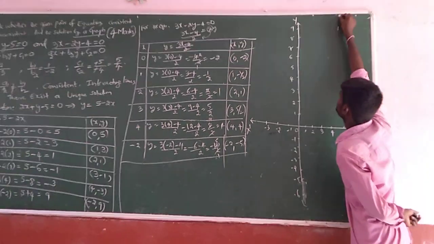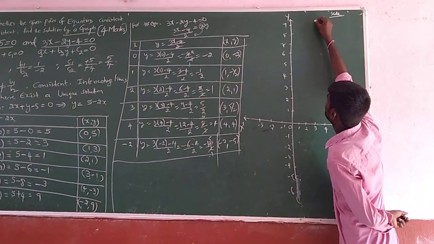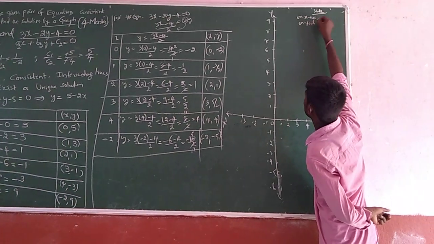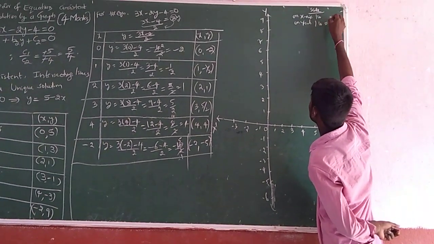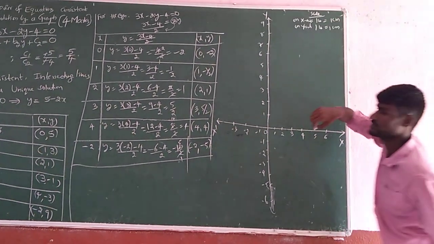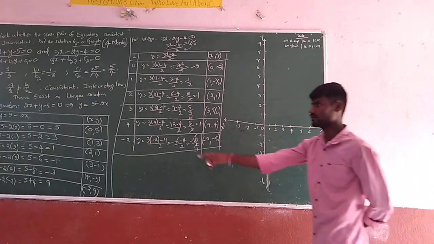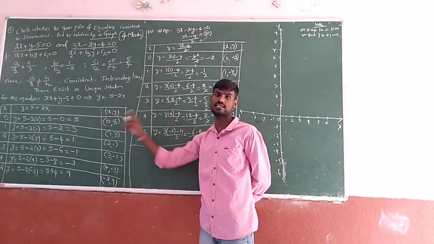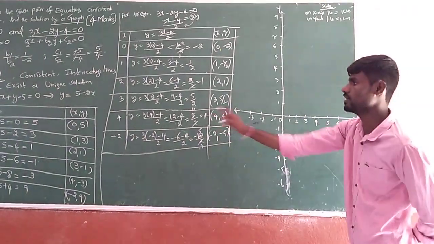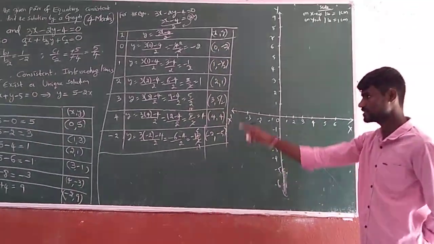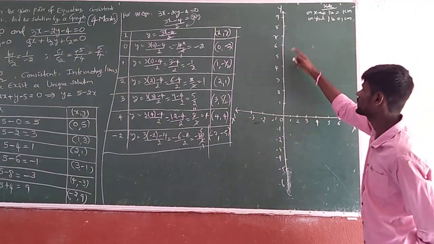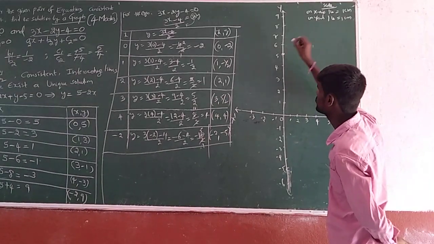Here, what do we need to write? Scale. Important one: scale on the x-axis and on the y-axis. So 1 unit equals what? We are taking the same, 1 centimeter only. Important. Coming to the first tabular values, locate them and immediately join them. First, the location of the first table, for the first equation: 0, 5. x is 0 on the y-axis, positive 5, because it is above.